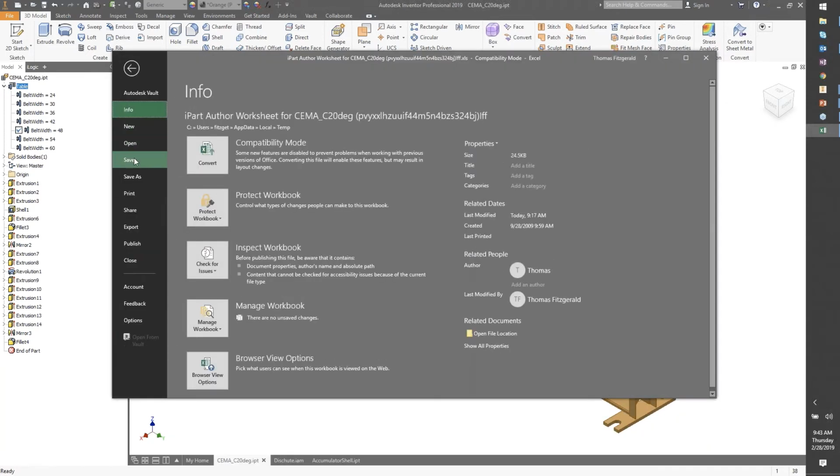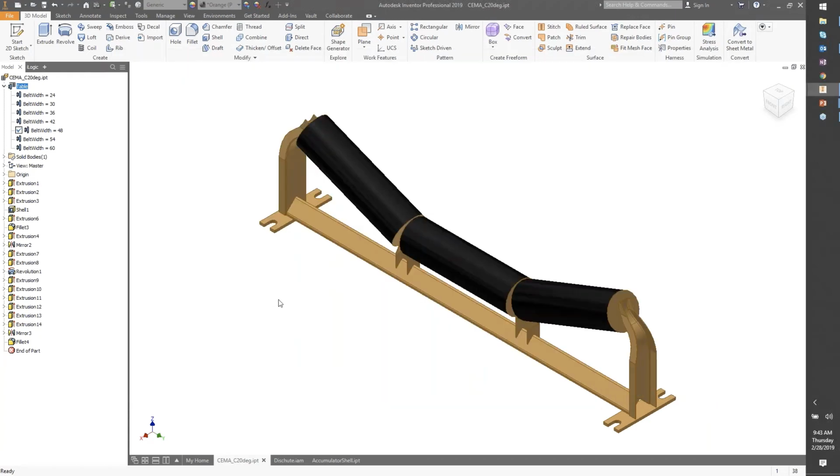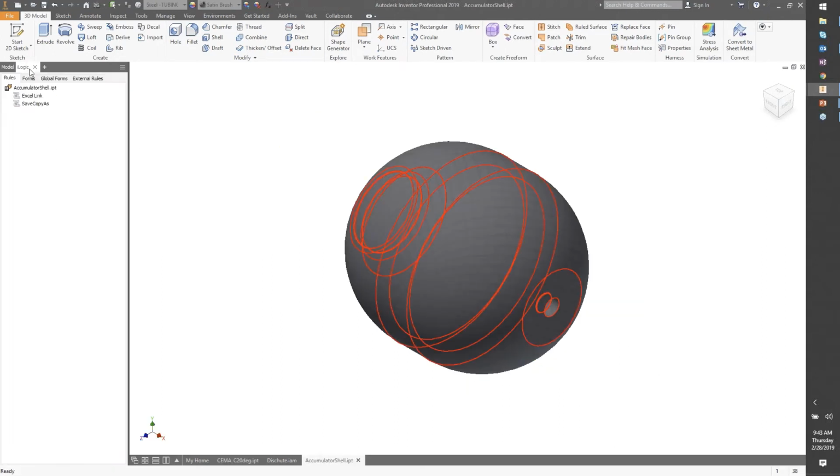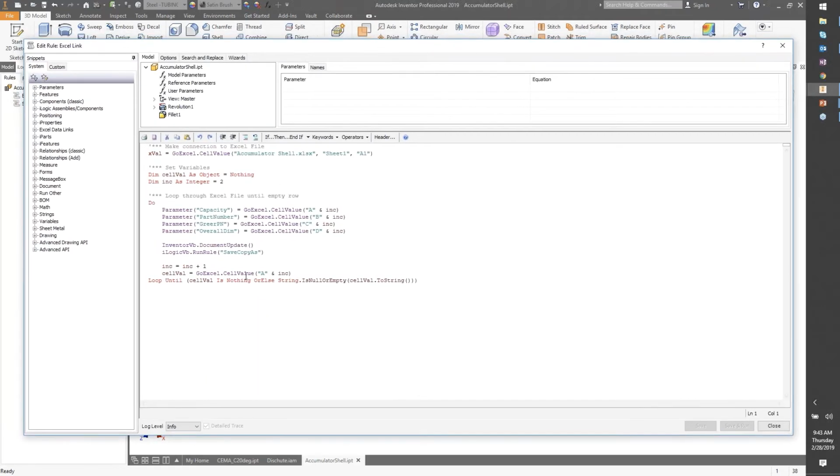And then I can save this out, or export this Excel spreadsheet out, so it's a standalone table. What I've done in this example is create a couple of rules. This first rule inside of iLogic essentially goes to that Excel spreadsheet that I just created. I'm going to loop through the Excel file until I find an empty row. Until I find an empty row, I'm going to capture those values from my Excel spreadsheet, whatever row and column they might be in, and I'm going to populate a parameter